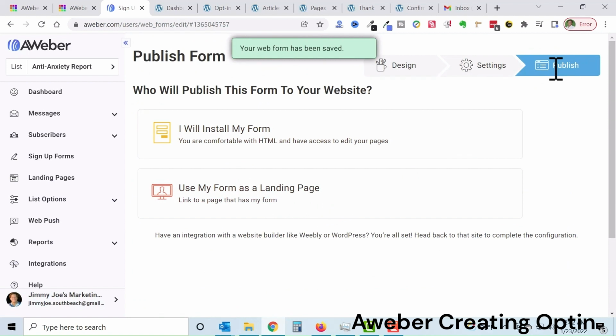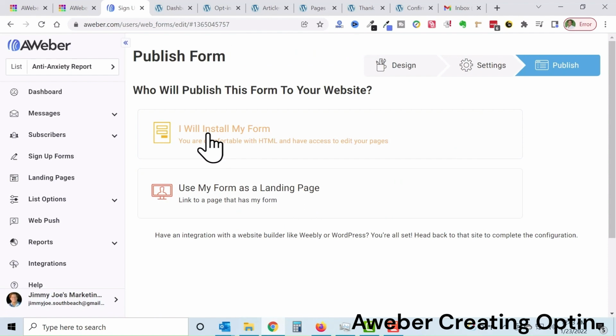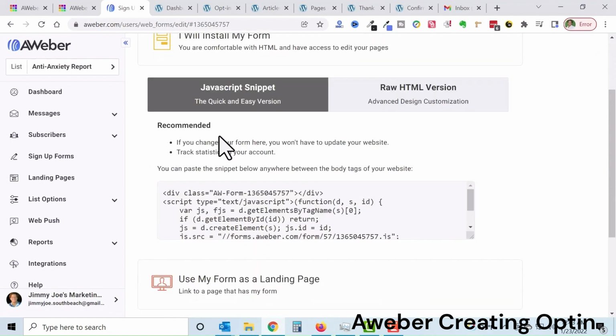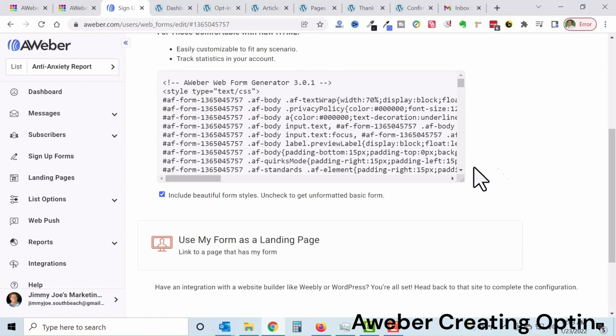And here we are in step 3. Step 1 was design, 2 was settings, and number 3 was publish. Okay, so let's go to, I will install my own form. You have 2 choices. You can use HTML version, which as you can see,